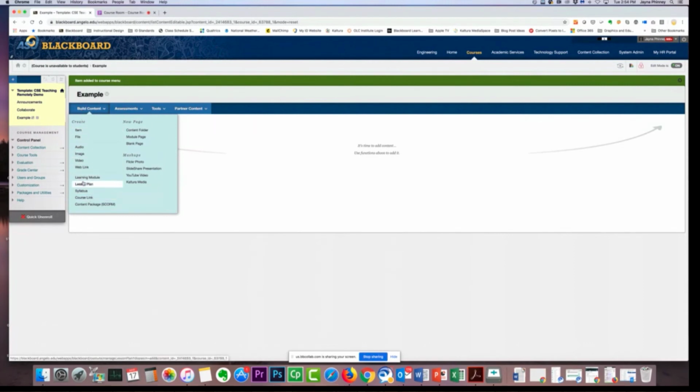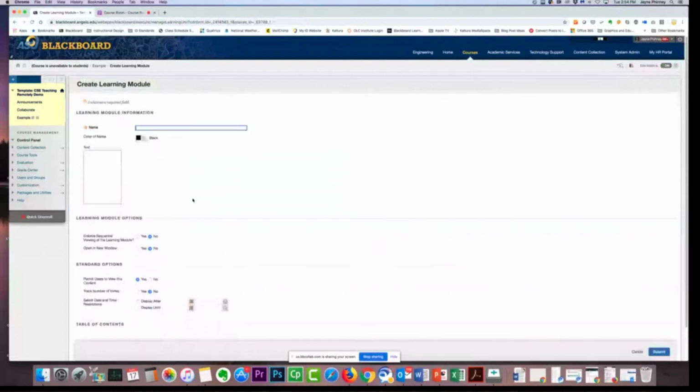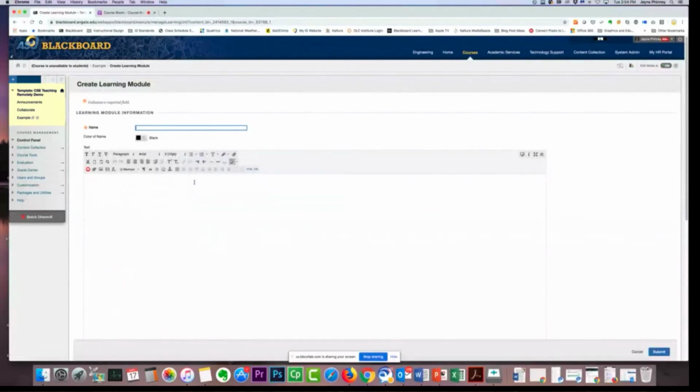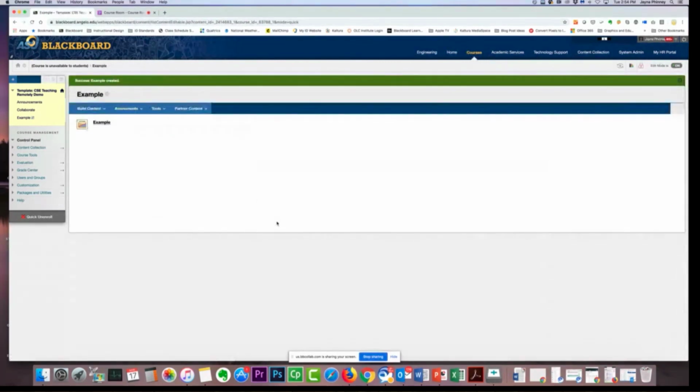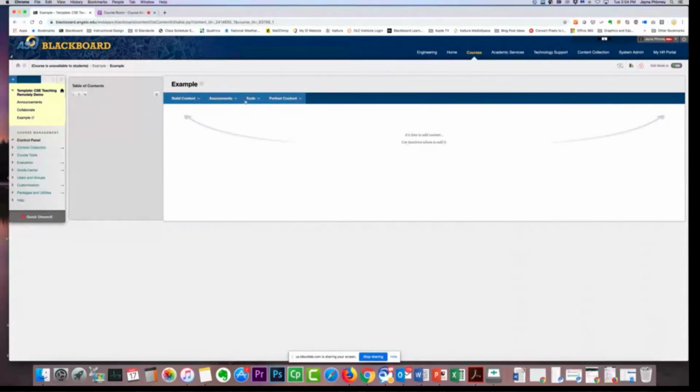Under build content, you'd go to learning module, you'll create a name for it, and you can do a description for it. So that's the icon that designates the learning module, and then you're just going to start building it like you would any of your regular content items or files or whatever else you're doing. So it's pretty easy, but that's where you would find it, right under here. For course link,